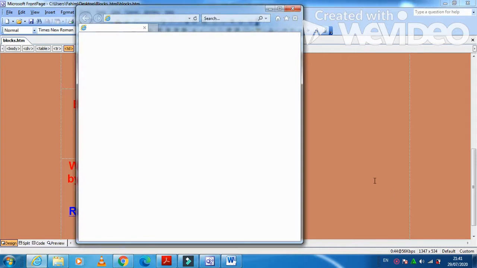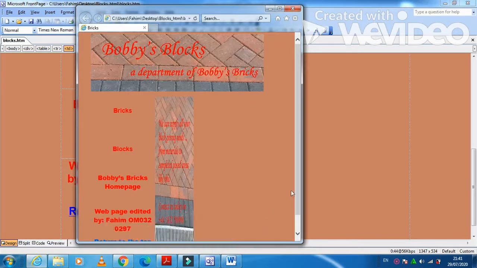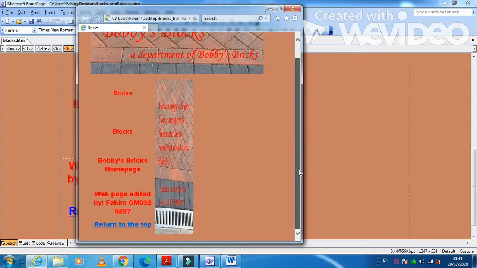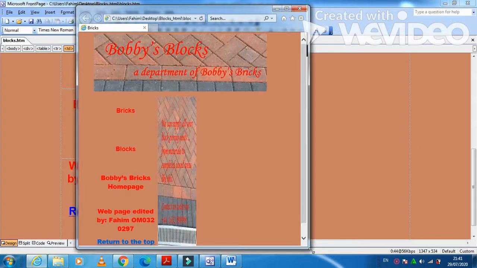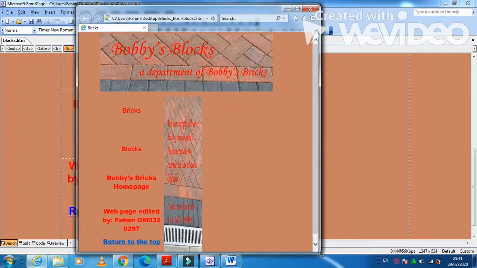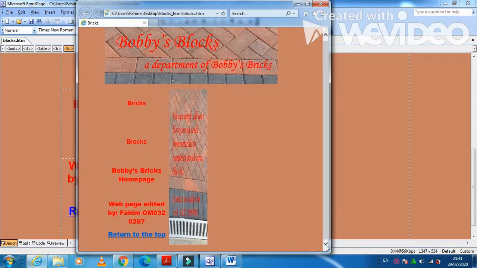This is how it will look like. Once we get the preview, then we can resize as we need. So if all the contents are clearly seen, it's okay. Otherwise you can just increase the size of the browser here, just a little, yeah, like this. So all the contents are clearly seen.